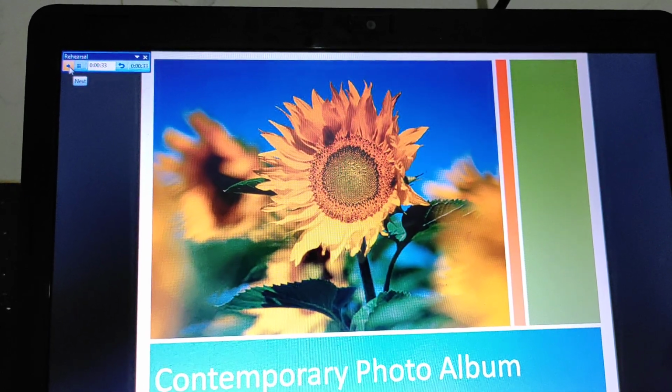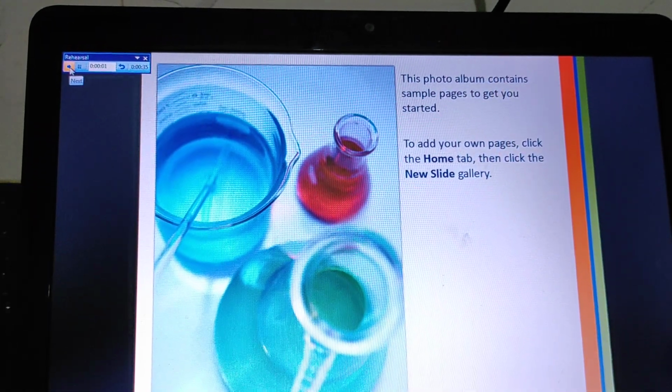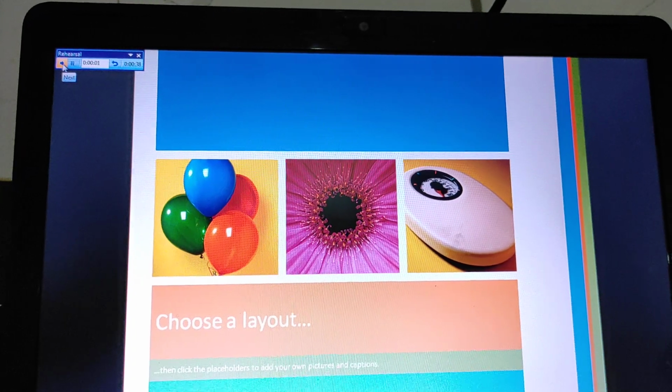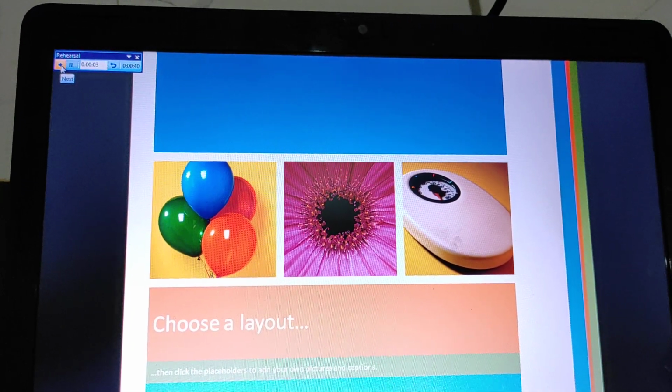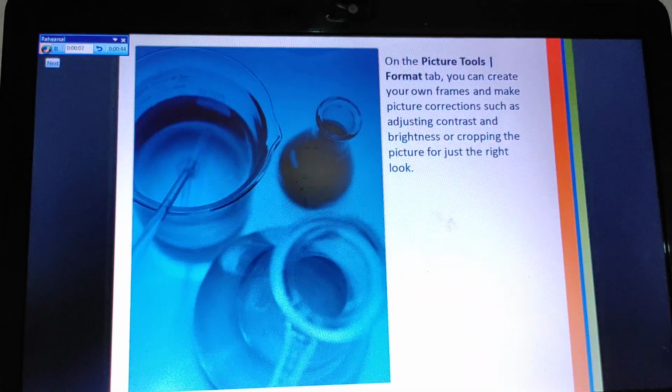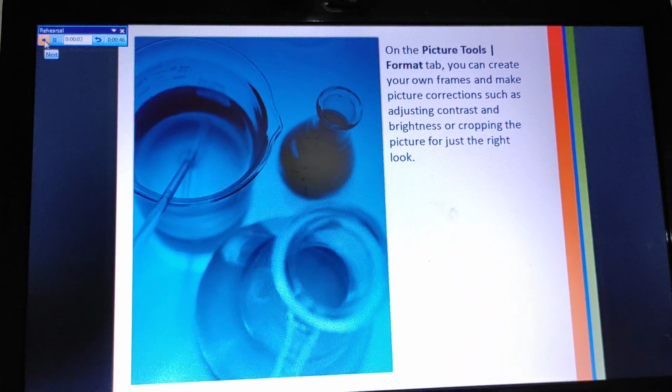After that, click on next button for next slide. Next for again next slide. So you can repeat the next step, this one, to click on next. After that, a dialog box appears in which you have to click on yes.